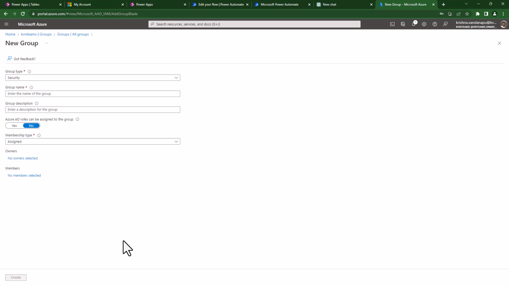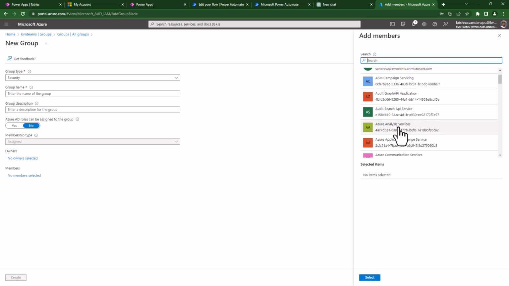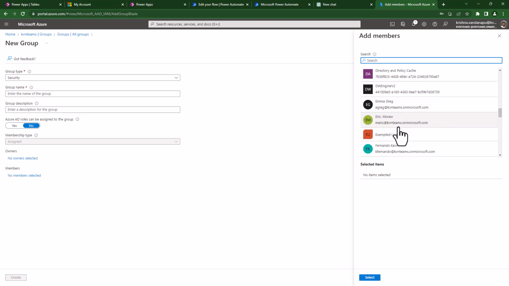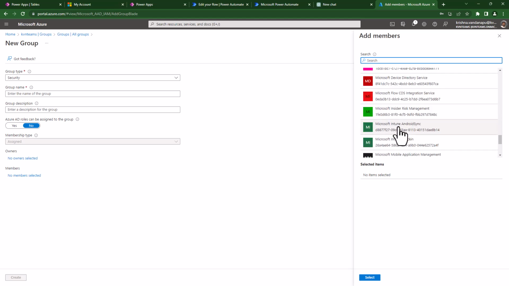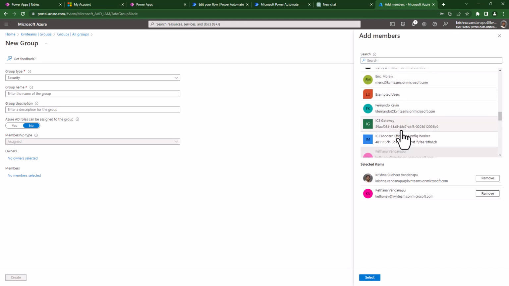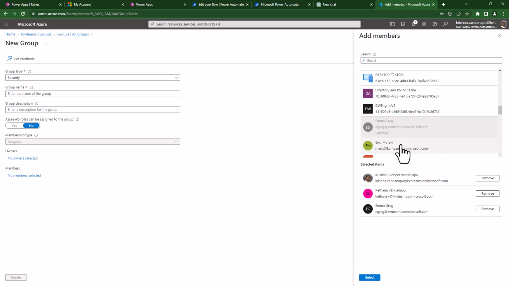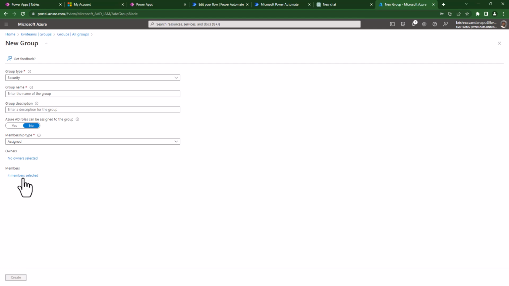I want to decide who needs to be part of this. So now when I select this, you see no member selected, and it started showing me all the users who are part of my organization. I'll select whoever I want to be part of this, say Krishna, Kethana, Eric, and Emma. I'll just say select. Now once that group is created, the group will have these four members